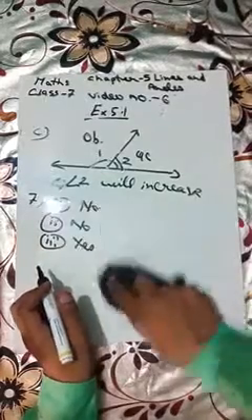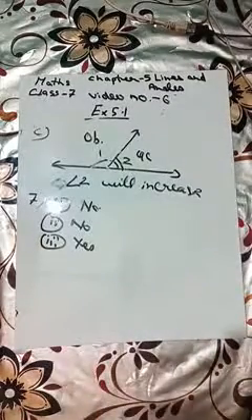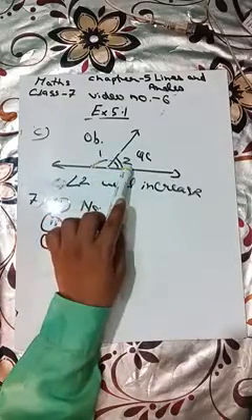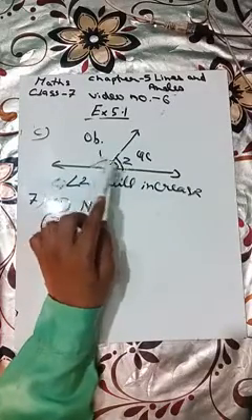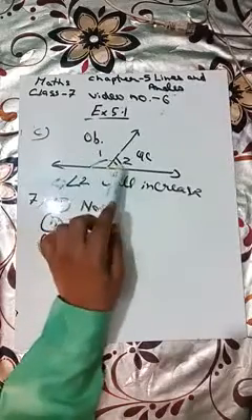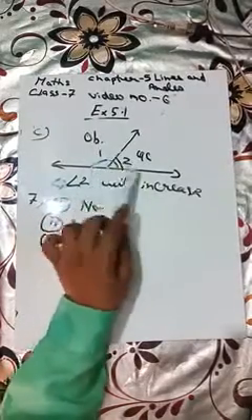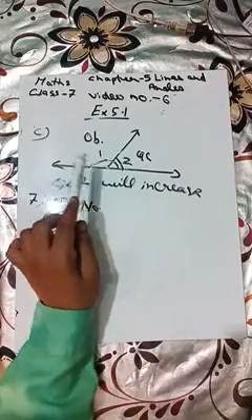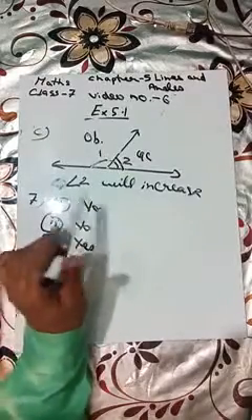So what I actually want to explain to you is that if two angles are supplementary, one should be acute and the other should be obtuse. You will never find two supplementary angles both acute or both obtuse. One will be obtuse, the other will be acute. The maximum can be a right angle. They both can be right angles.